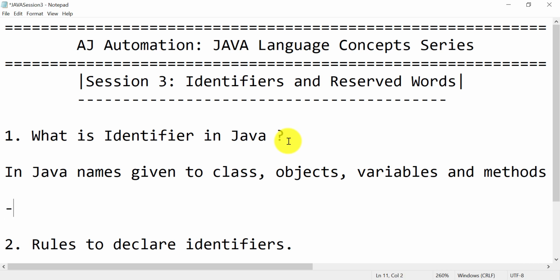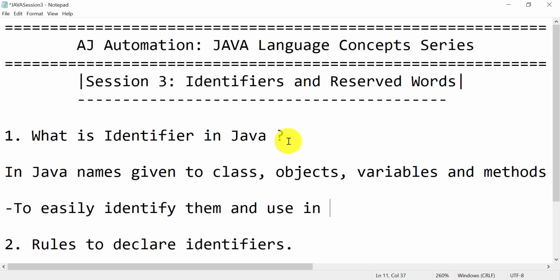Okay, so why do we use the identifier? To easily identify them and use them in programming.